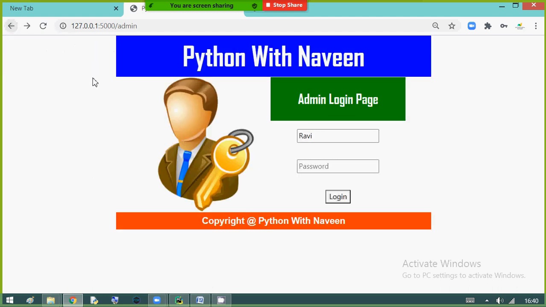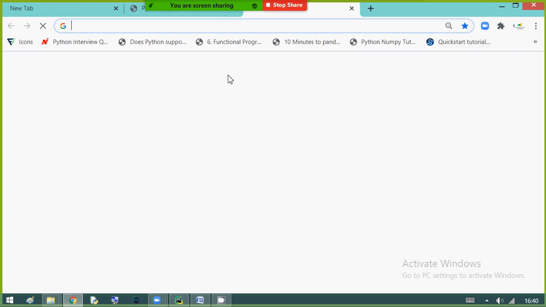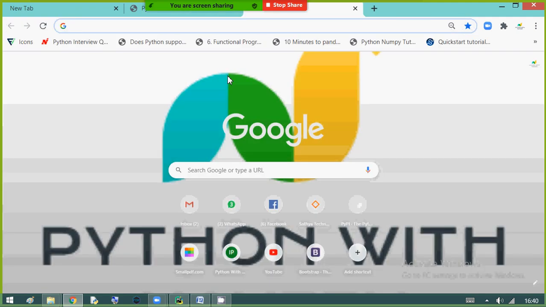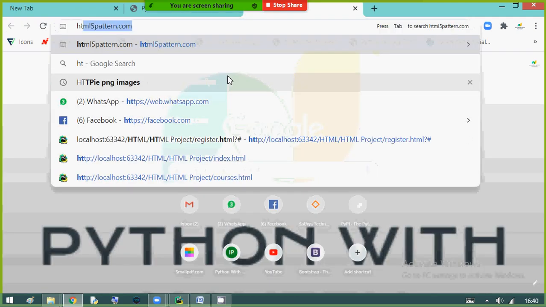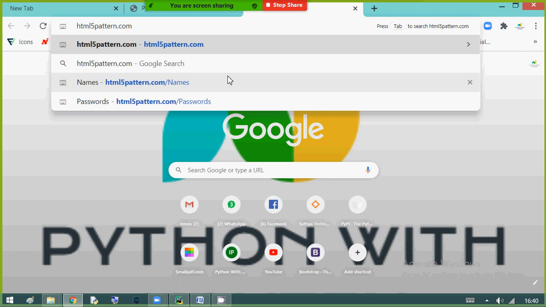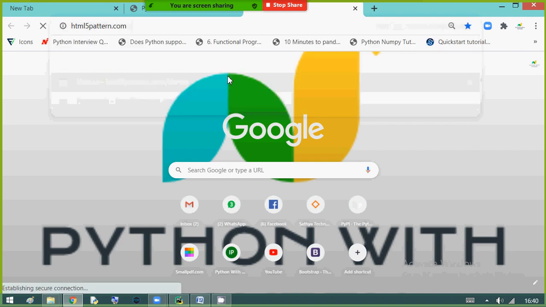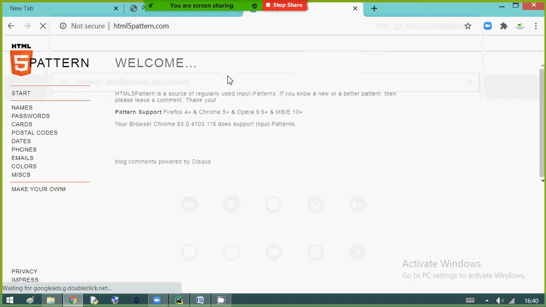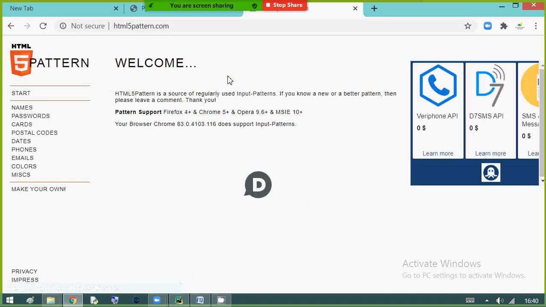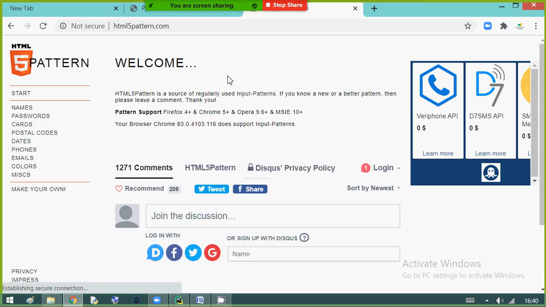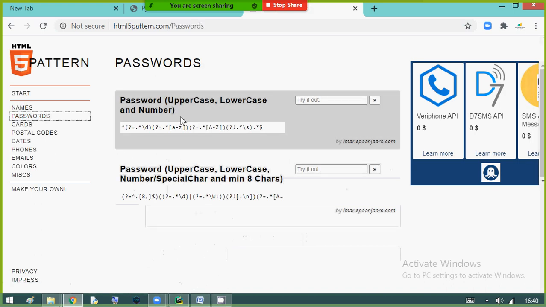Observe one important point, everyone. HTML5pattern.com. If you look into HTML5pattern.com, they have already given a number of patterns. Like for passwords, look here, they have given different password combination patterns.